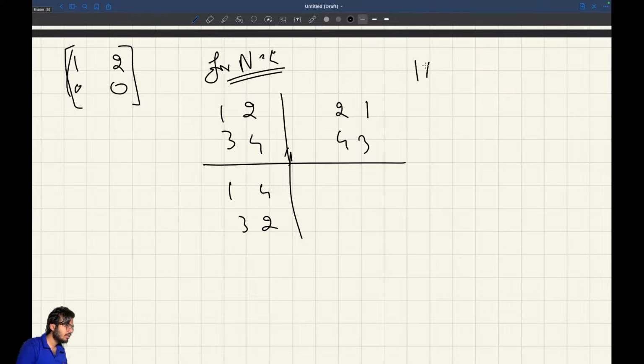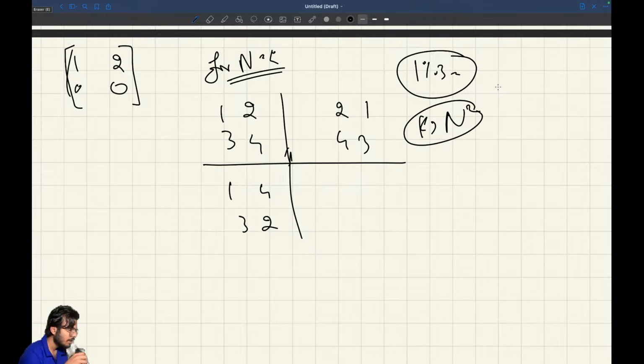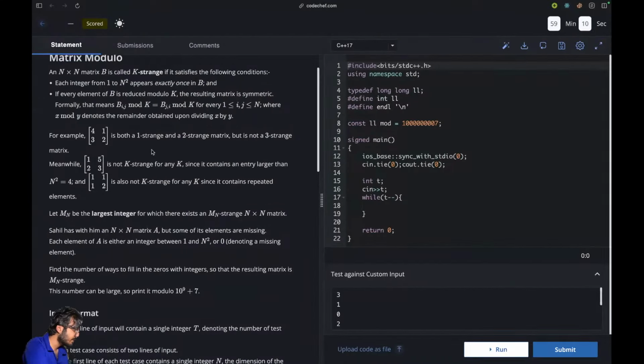What is 1 mod 3? I mean, there is no point taking K greater than n square, first of all, because the matrix will be the same, so it will never be symmetric. If I want this to be symmetric,